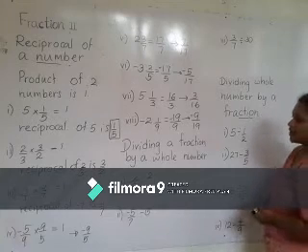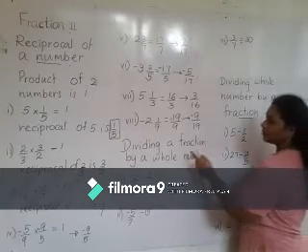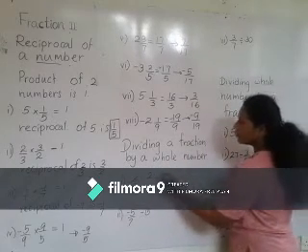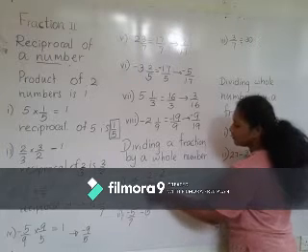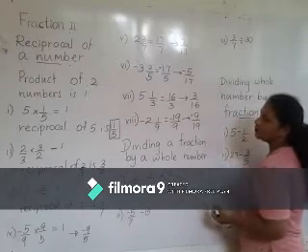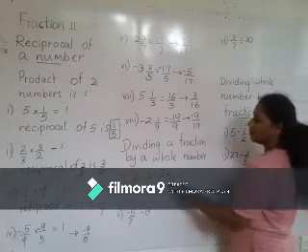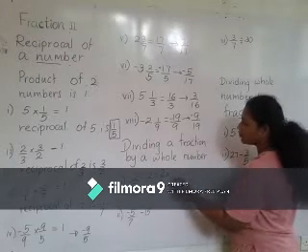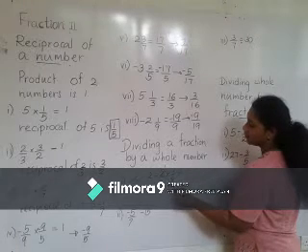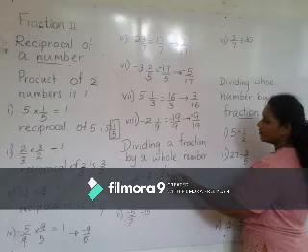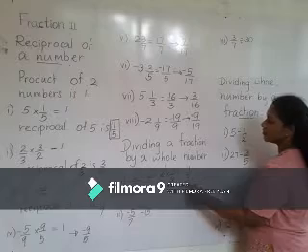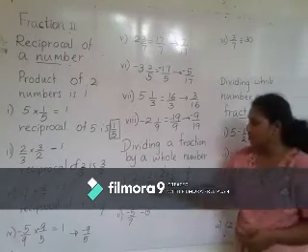Then dividing a fraction by a whole number. Dividing a fraction by a whole number. So 2/3 is there. Remember that when we have division, we can write it as a multiplication. Then you have to take the reciprocal. The reciprocal of 2 is a half. Then 2 and 2 can cancel. 2 times 1, 2 times 1. So 1 times 1 is 1. 3 times 1 is 3. So the answer is 1/3.